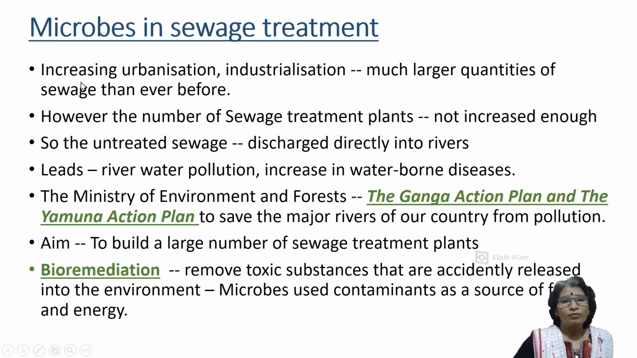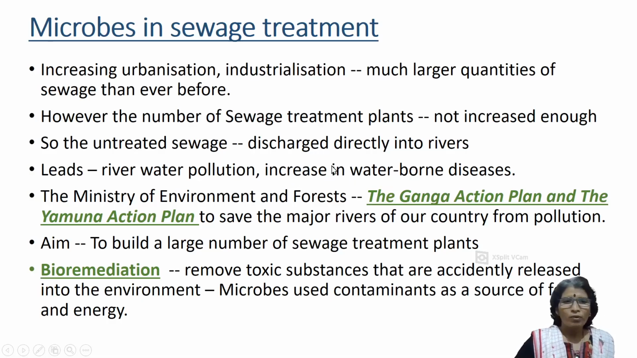Due to increasing urbanization and industrialization, large quantities of sewage are increasing day by day more than ever before. That is why we have to treat all this increasing sewage using sewage treatment plants. But sewage is only increasing, and the number of sewage treatment plants is not increasing enough for the sewage quantity. That is why sometimes untreated sewage is discharged directly into the river. That leads to river water pollution, and when we swim in that river water, the contaminated water enters our mouth and digestive system, and we may suffer from waterborne diseases. Some animals also swim in the water, so those animals are also infected by